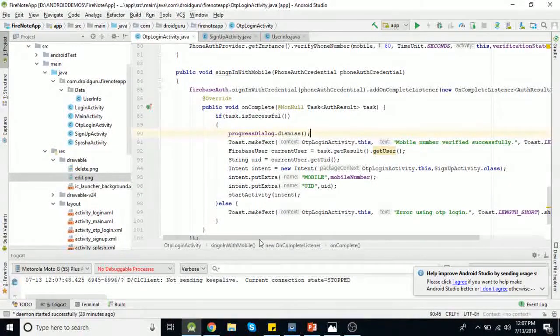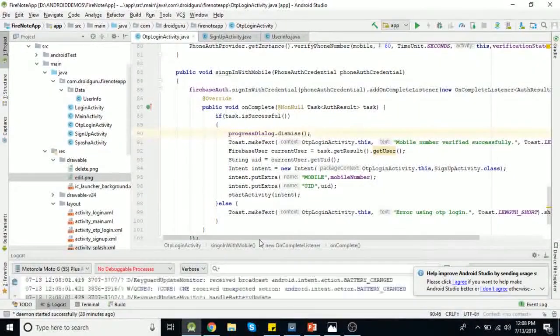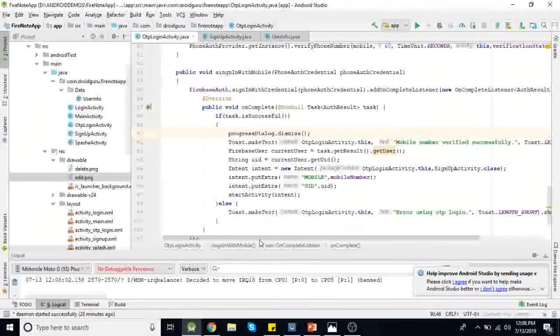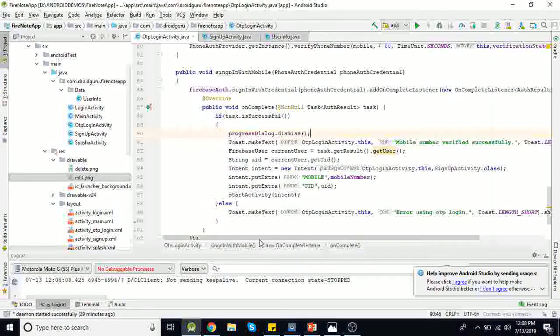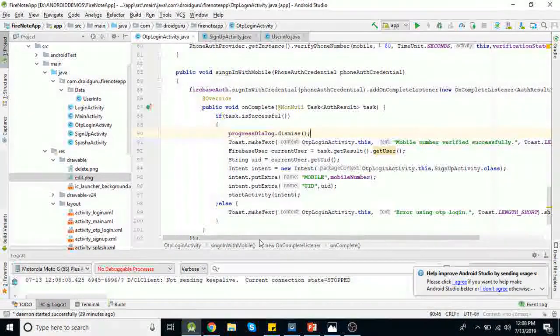In this lecture, we are going to see different operations on Firebase real-time database. That is how to store our nodes, then how we can read all the list of our nodes and we need to display it, then update and delete operations. So let's start with our screen designing.